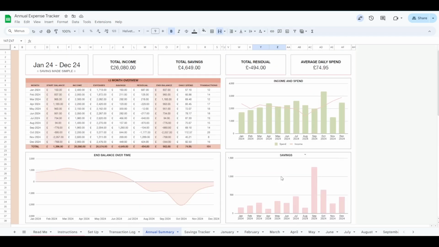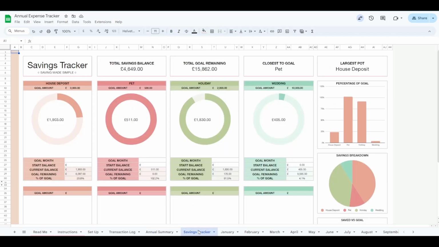The last thing I wanted to show you was the savings tracker. So this savings tracker is taking those savings goals that we inputted on the setup page. So we inputted a house deposit, pet, holiday, and wedding. Along the top we can see total savings balance, so this is the total amount that was assigned to savings throughout the course of the year, so that was